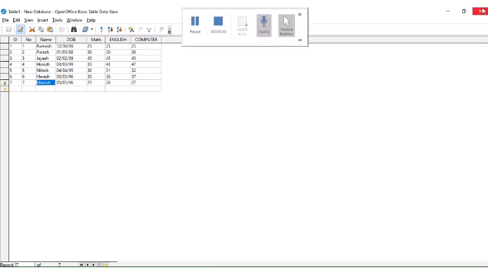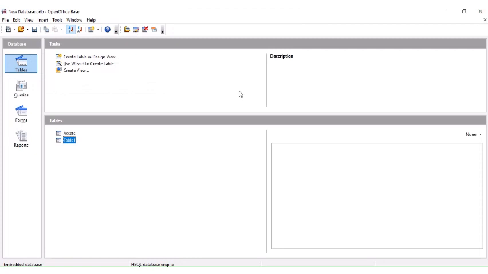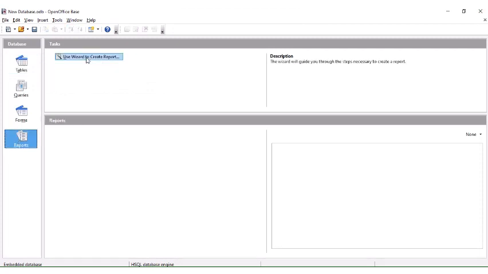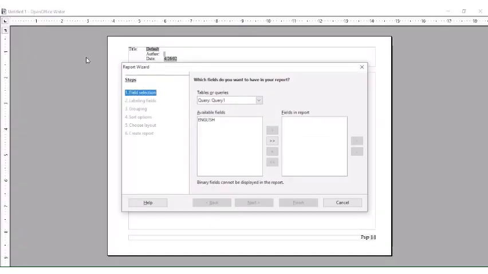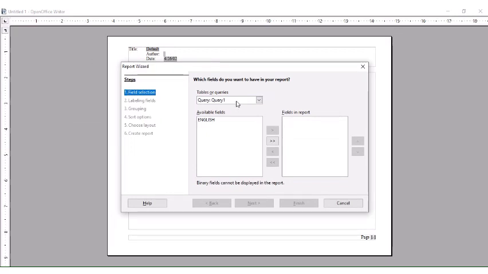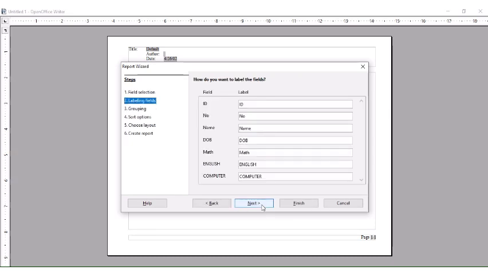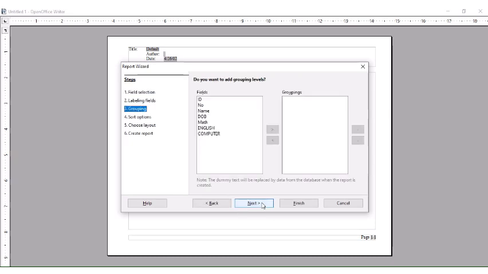And lastly, the records, sorry, reports. So what do you mean by reports? Reports means the printout or the physical copy, and this is how you can select your reports, right? Okay, look at that. I just want to select a table, all the data, labeling field, grouping field.